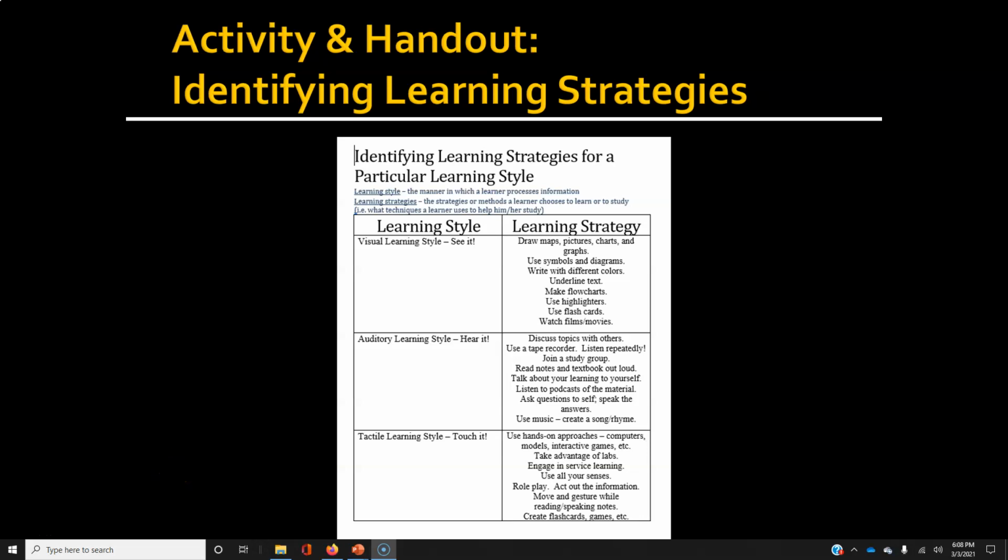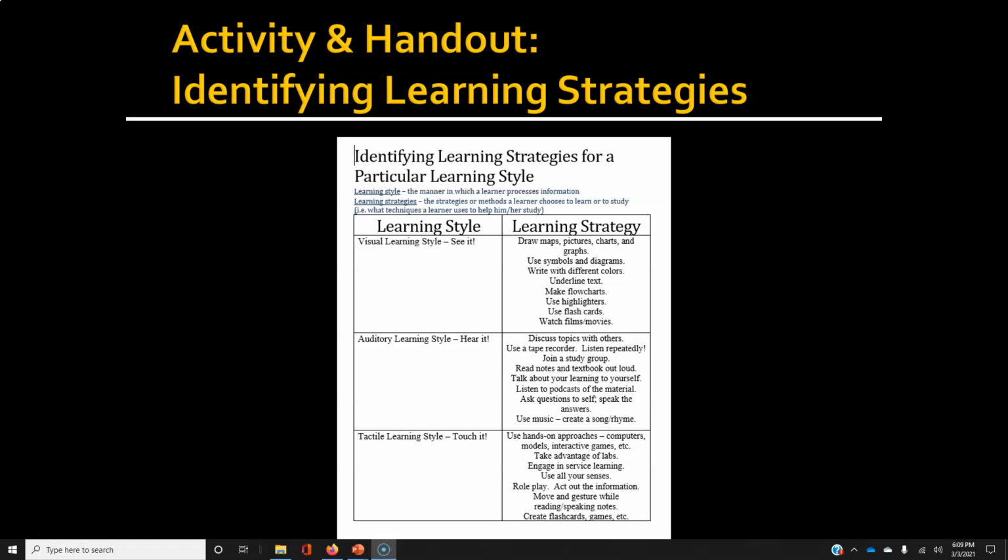Okay, students, we've been talking about learning styles, and for your activity this week, you're going to be taking a learning styles inventory to determine your learning style, your preferred manner for processing information. So, a lot of times, students take that learning style inventory and they say, okay, cool, Dr. Bean, I know my learning style, and they let it end with that. But please don't let it stop there.